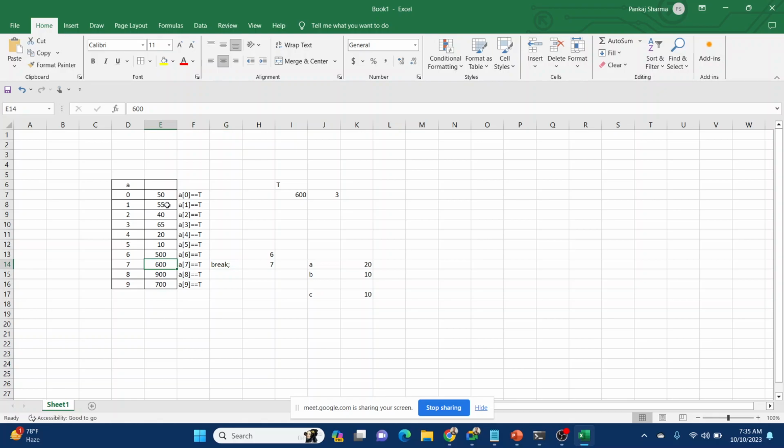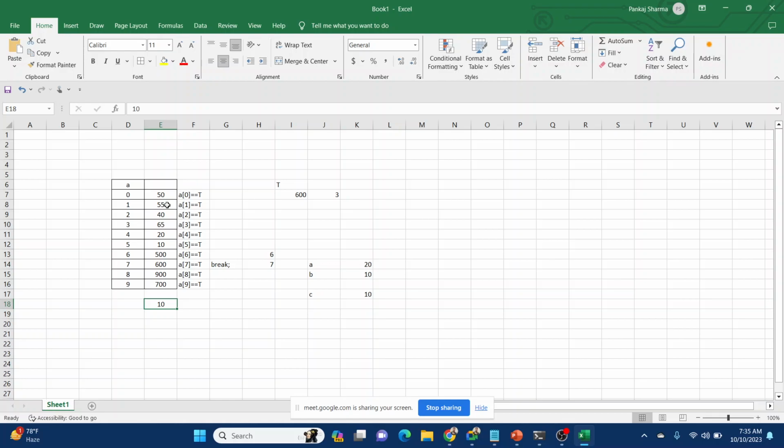Or if the whole array is searched, having gone from index 0 to 9, if i's value reaches 10, it means it has searched the whole array but didn't find the value. It means the number is not in the list, so we will tell the user that the number is not in the list. So there are only two possibilities when we are searching.